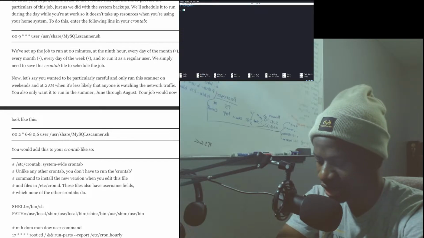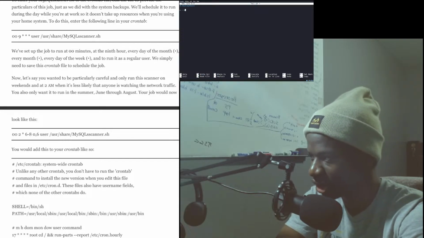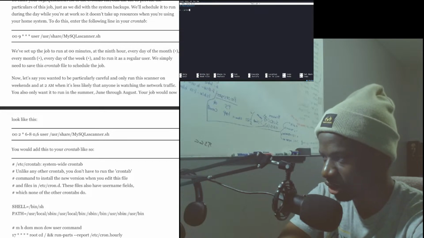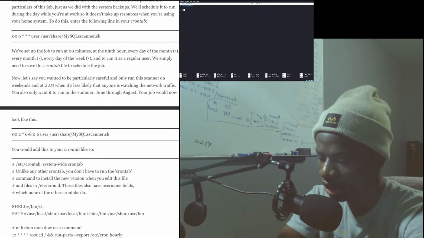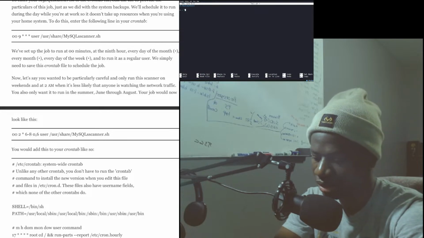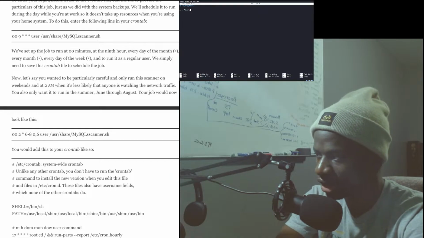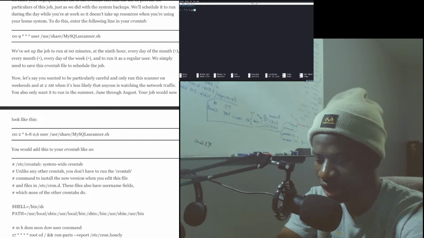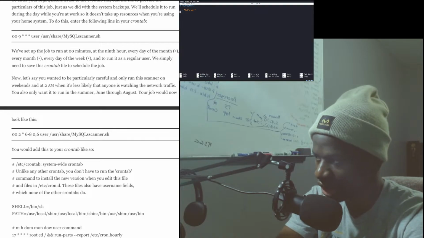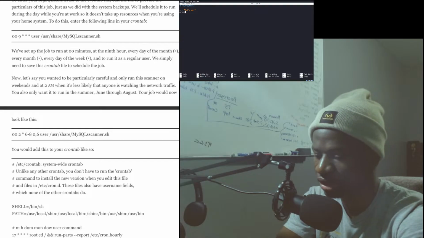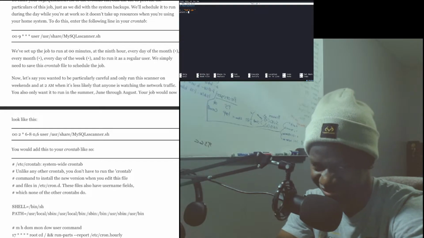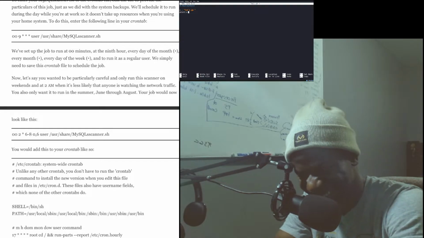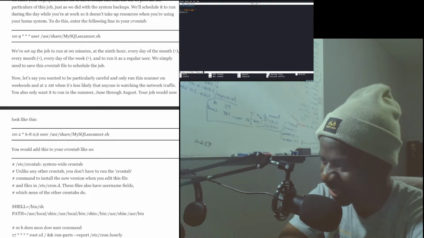So let's say x equals, let's go. And then let's just print that. I don't know if this is how it goes.